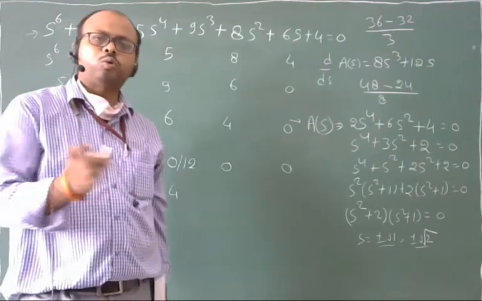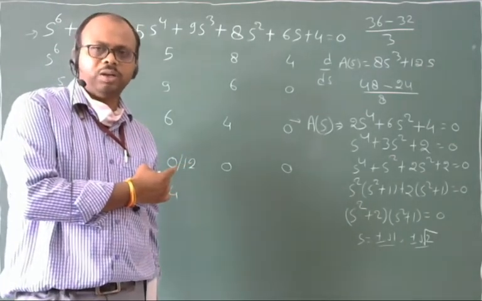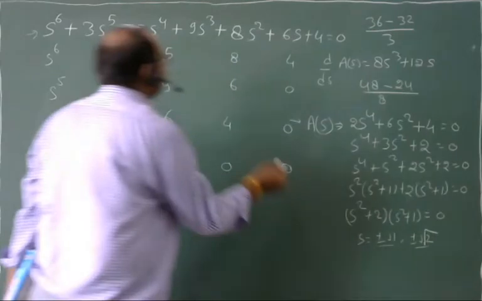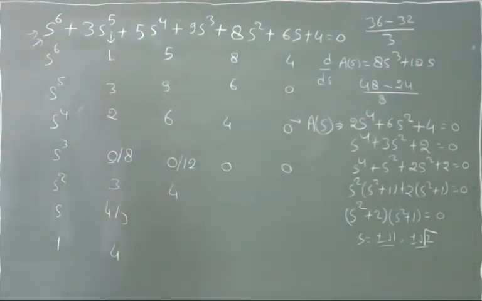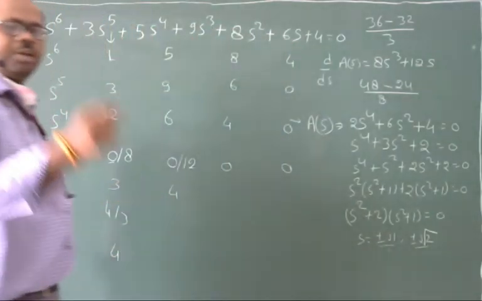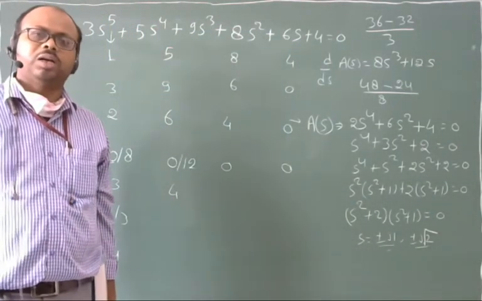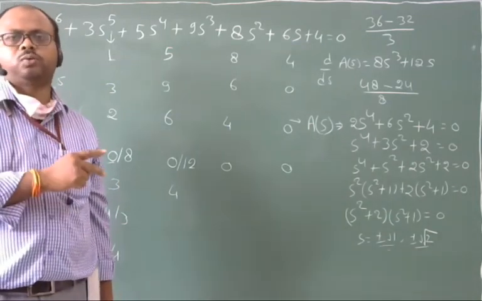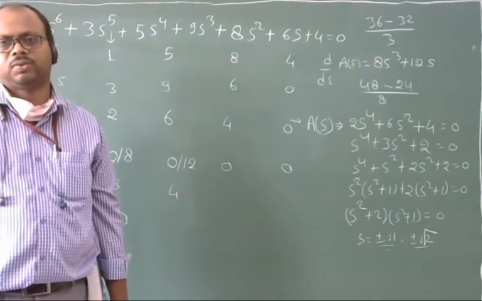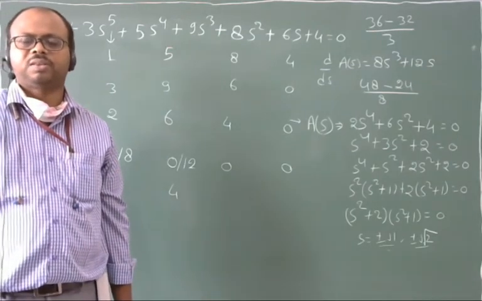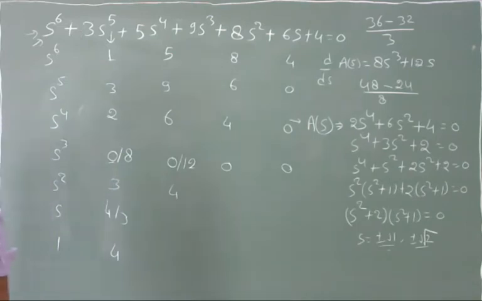And we know that the roots of this auxiliary equation will also satisfy this characteristic equation. It means these are the roots of this characteristic equation also, right? And the four roots are on the imaginary axis only. Therefore, the conclusion is there are two pairs of conjugate roots which lie on the imaginary axis, and the system is marginally stable.